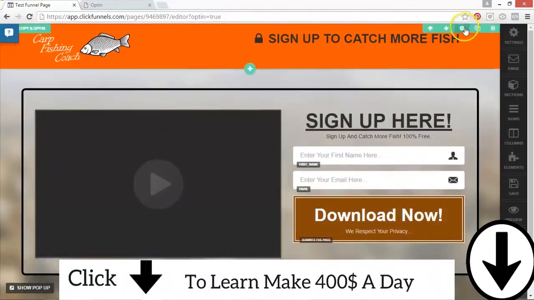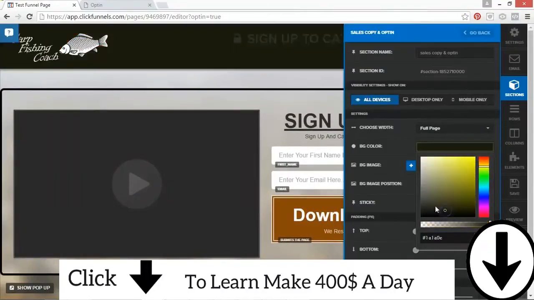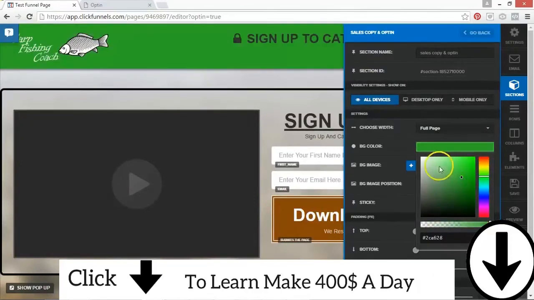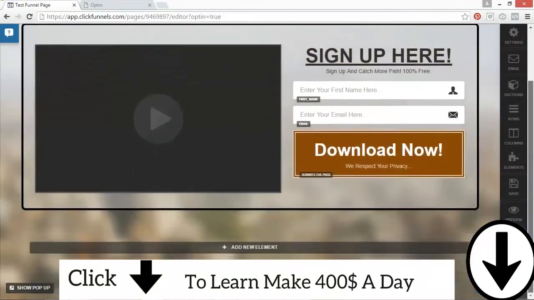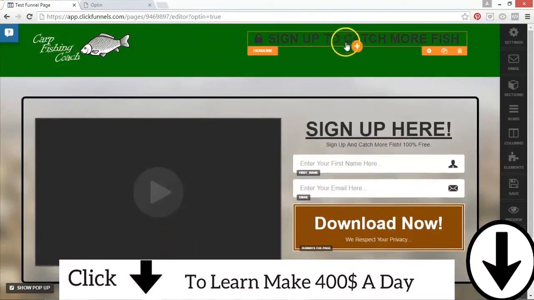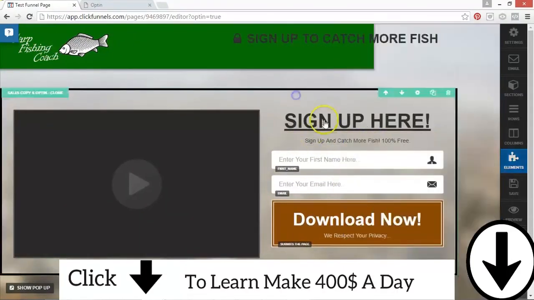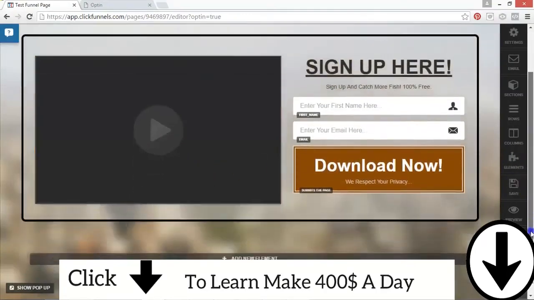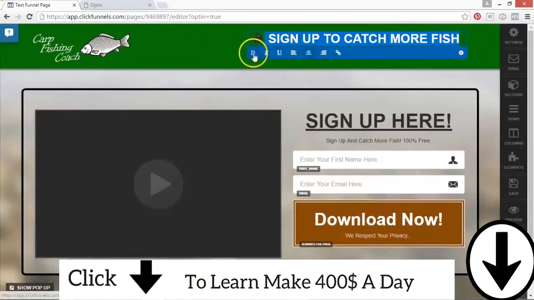So maybe we dull down the colour at the top, or we change it to something a bit more striking, whatever you want to do. It's all click, drag, drop, save, and that pretty much would now work. That is it. Obviously you've got to record a good video. Obviously you're going to put a nice background. You're going to have the right logo. You're going to mess around with the margins, and you're going to think, well, is that a little bit low or a little bit high? But for all intents and purposes, you could run traffic to this page now, and it would collect leads for